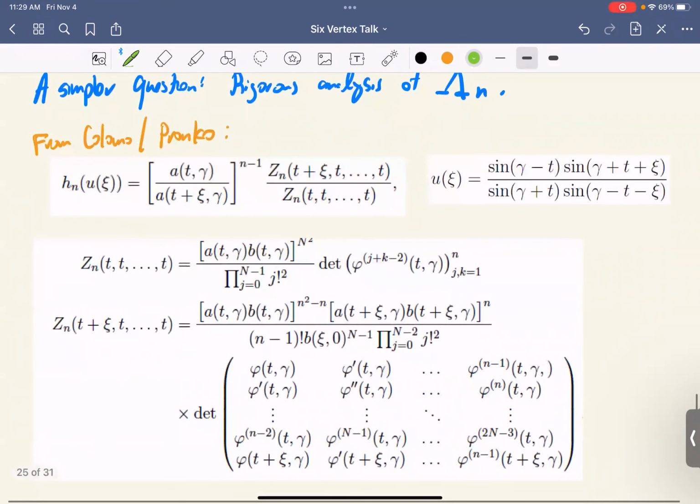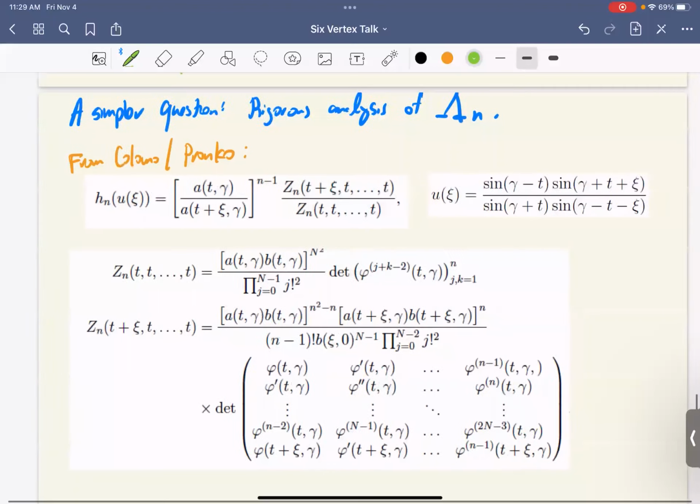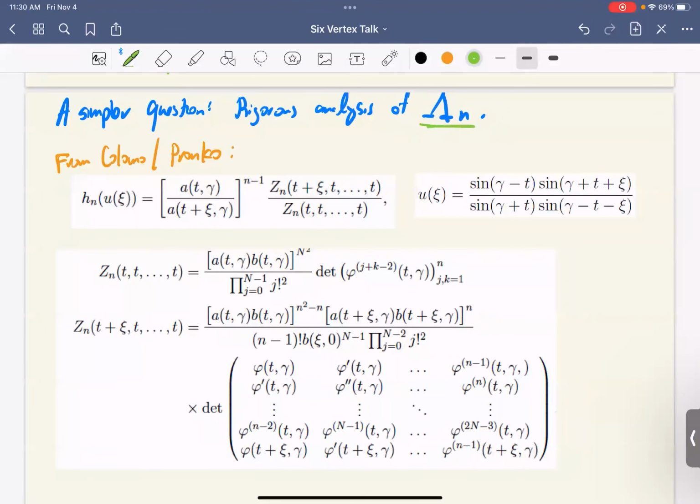Okay, I have 1 minute left. I should tell you what my small contribution is. So this is what I tried to understand: this lambda n, the location of that lone type 5 vertex in the first row. It's a key ingredient in both of these methods. So I just wanted to try to understand it rigorously. And actually there's a formula for the generating function for the lambda n, which is not too difficult to get out of the work of Colomo and Pronko.